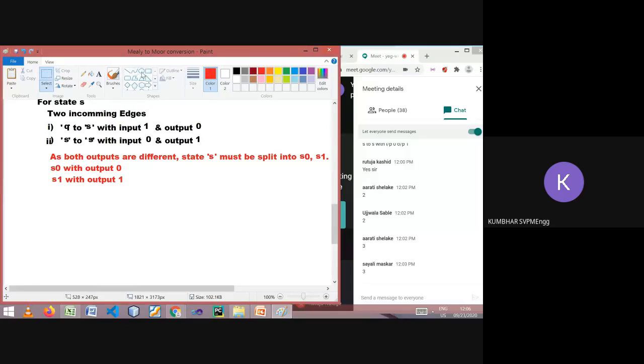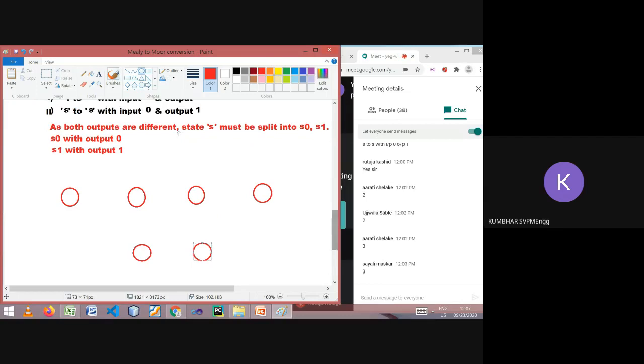So P is a single state. For Q, how many states are there? Q0 and Q1, correct? For R, only one state, given as R. And for S, two states, S0 and S1. Fine.